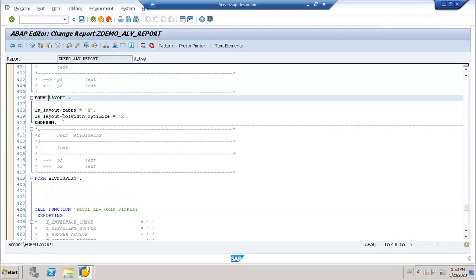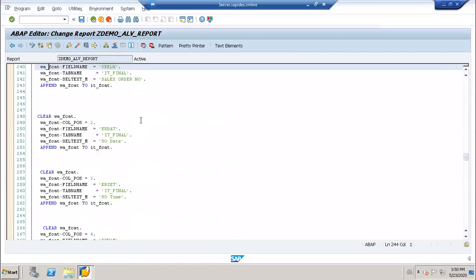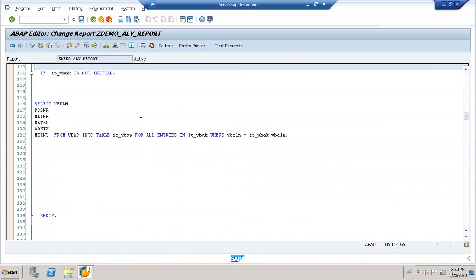And here, other than X, what can we do? Only X. It takes a character of 1. Okay. So here, call optimization means, suppose there is a column where you take 20 characters, and out of that only 10 characters are utilized. So automatically the rest of the column will be optimized. Okay. Got it? So for that you are using the column optimization. Column width optimization.